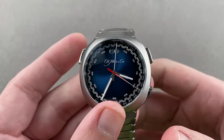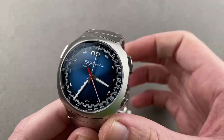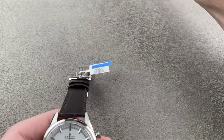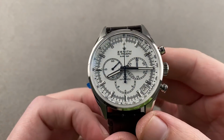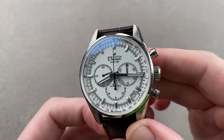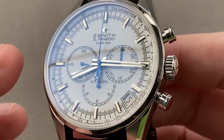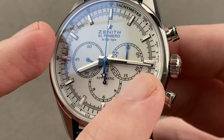And this is the second version. The first version had a gray dial. I like this better. Speaking of dials to die for, how about this rich, lustrous white lacquer from Zenith? You've got the Zenith El Primero, 36,000 vibrations per hour, and we have a white lacquered dial with applique indices,